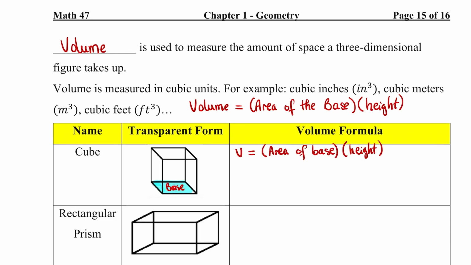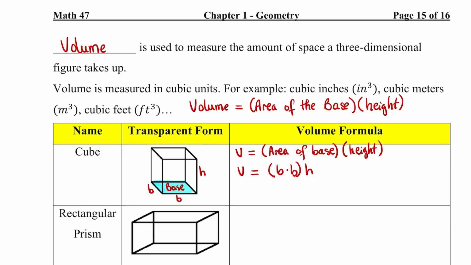So the base is a square, right? So if I call this B, I call this B. So the square has the same side. So if this is B and this is B, and then this is my height right here. So I have volume is B times height. However,